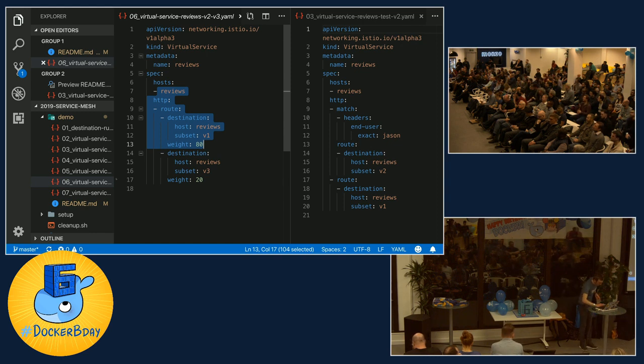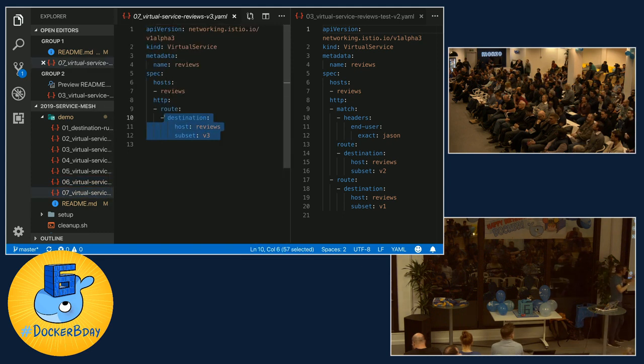And when I'm happy with that, then finally I'm going to roll out. I'm going to send everyone to v3. So that's the kind of thing you're going to do. The virtual service definition and the routing is actually the thing you care about. All the stuff in between is just setup that you'll do once. And this is how you're going to manage your applications going forward.